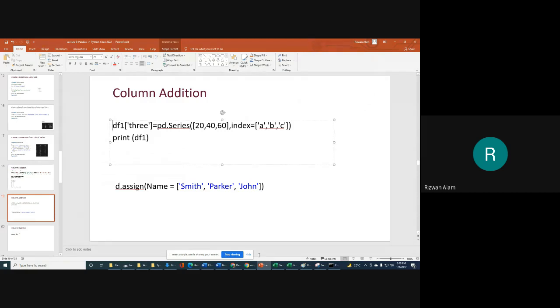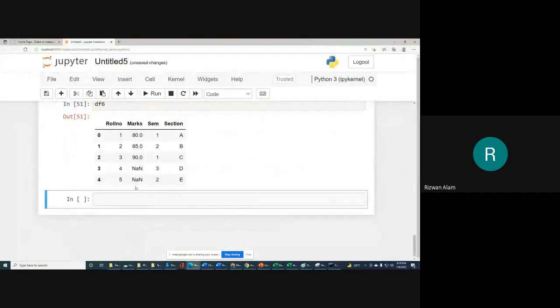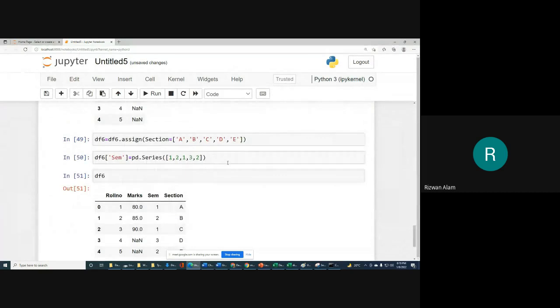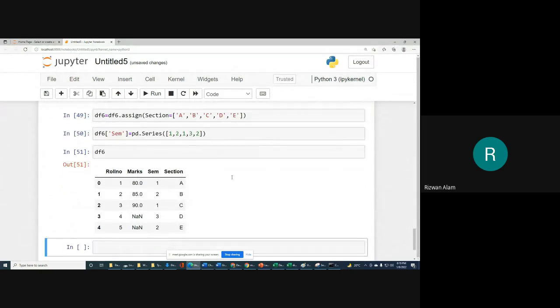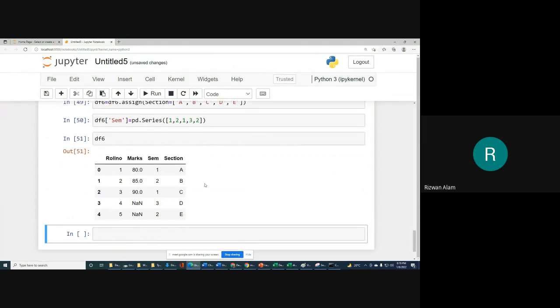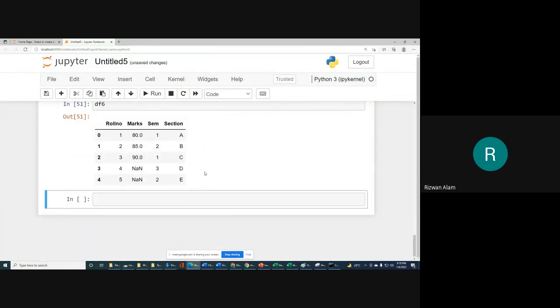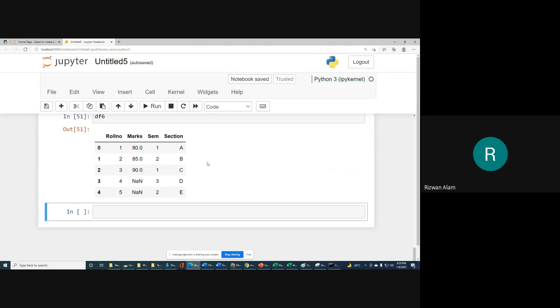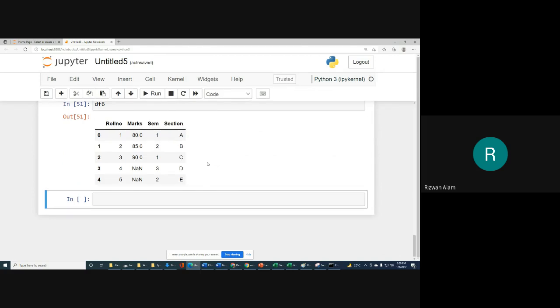So now I am going to ask you to add a new column in df6. For example, a new column in which you will store percentage. Name of the new column will be percentage, and whatever percent you want to give for a particular roll number, you have to provide. So just try yourself.